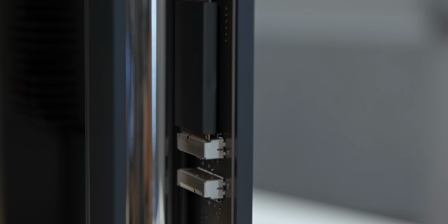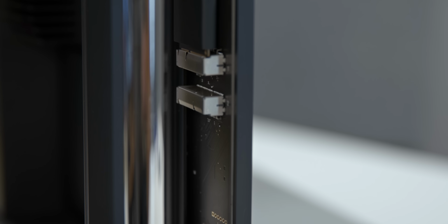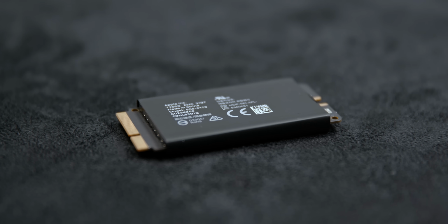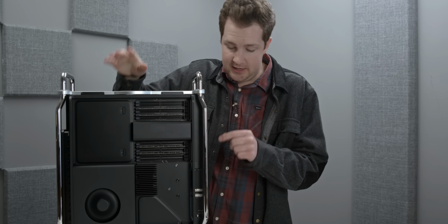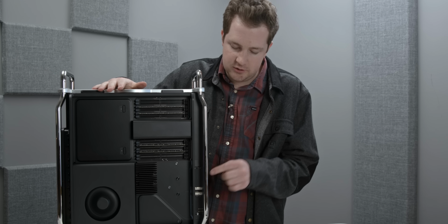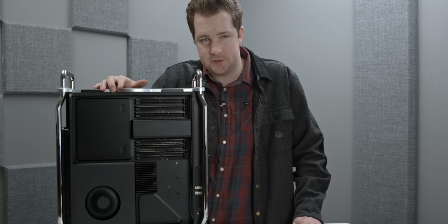And these are the exact same SSDs that are inside the iMac Pro. Now, the reason I say they're not user accessible is because while I can get access to them and remove them, they're keyed, they're not soldered, they are tied to the T2 chip and authenticated specifically to this machine. What that means is if I go on eBay and find an old iMac Pro SSD, it's not going to work. The only way you can upgrade and replace these SSDs is directly through an Apple authorized service provider,